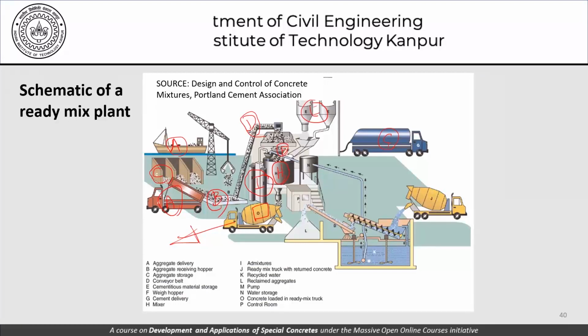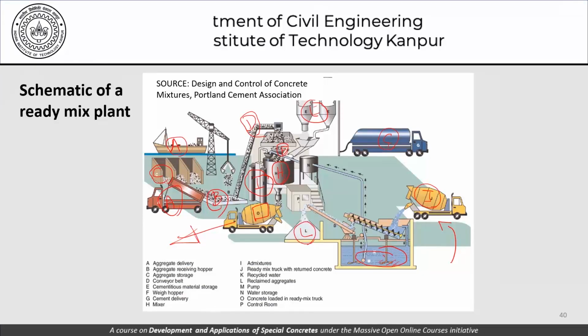And apart from that, we have this J. Now what is this J? This J is the ready mix concrete trucks coming back from the site to the plant, and these trucks could have some amount of concrete in them. Now this concrete has to be washed, and what we'll get here is recycled aggregates. So these aggregates which are washed off, it is ensured that these aggregates can be reused. This becomes a pile here which is called reclaimed aggregates, and they could be used in concrete if it is